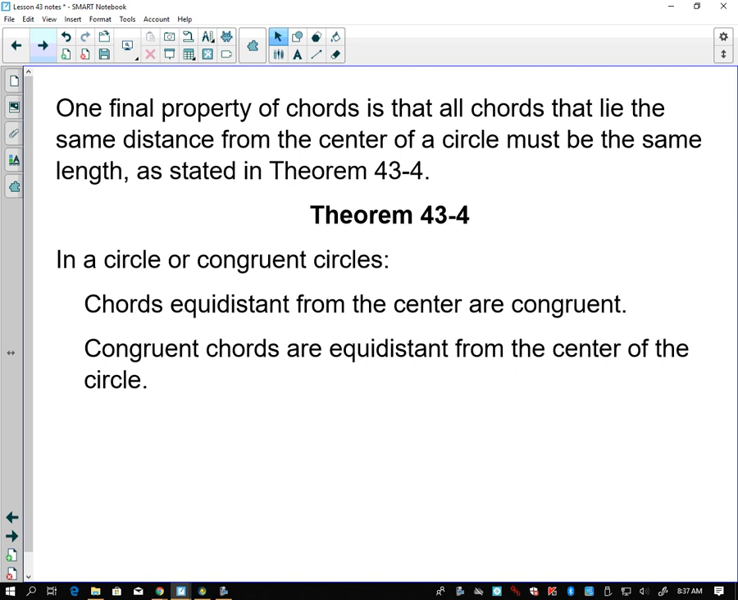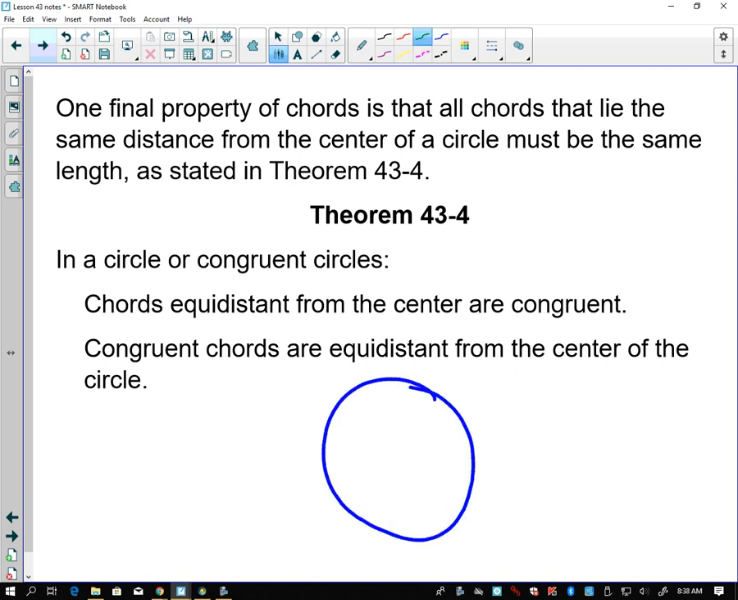One final property of chords is that all chords that lie the same distance from the center of a circle must be the same length, as stated in theorem 43-4. So in a circle or congruent circles, chords that are the same distance from the center are congruent to each other. So if I draw a circle here and I've got a chord here and a chord here, and here's my center, and I look at the distances between these chords,